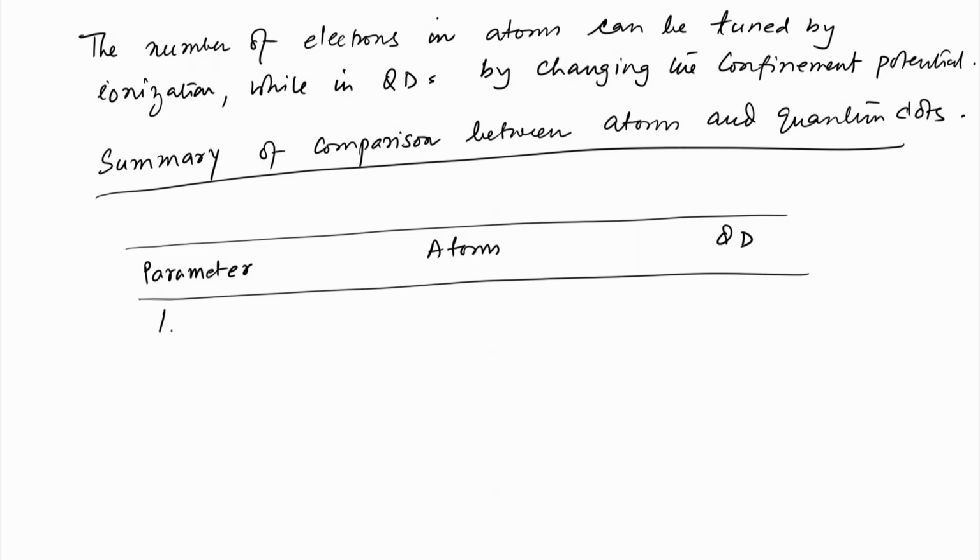So, one is level spacing. What we mean by level spacing is the difference between the energy levels, and in atoms it is of the order of an electron volt, whereas this is of the order of a milli electron volt, which is 3 to 4 orders of magnitude lower, and there is an ionization energy